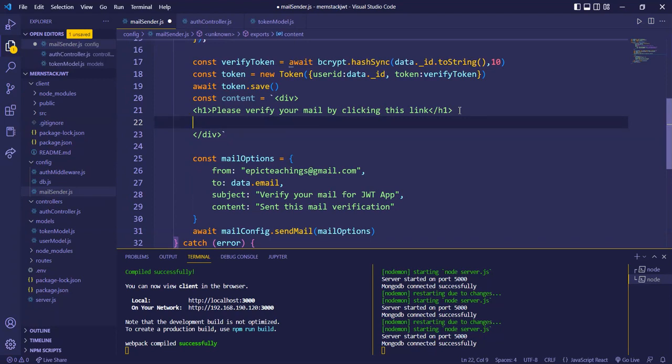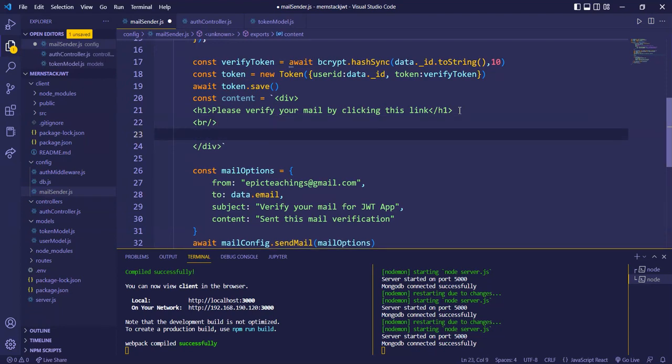So here I'll have a break, and after that I'll have an anchor tag here. So in this anchor tag I need a href, right? So href equal to, and in double quotes, http, and our localhost is there, right? So localhost, I'll explain to you in a minute why we are writing this. So localhost 3000 and verify,